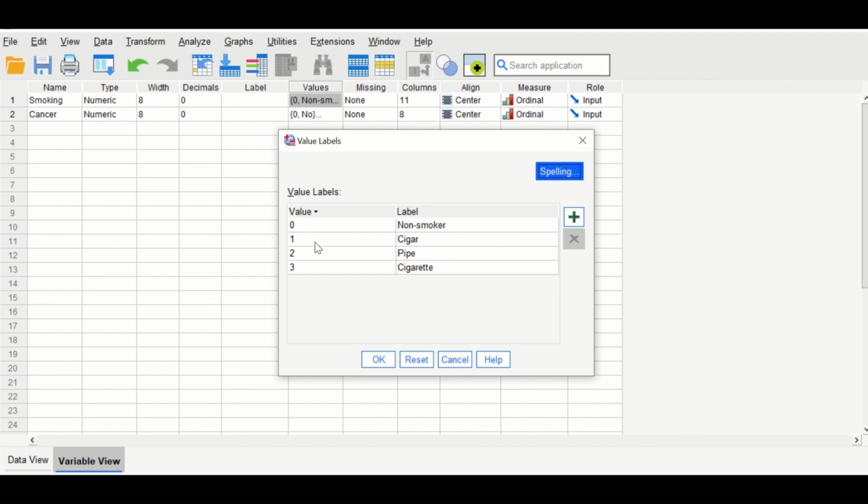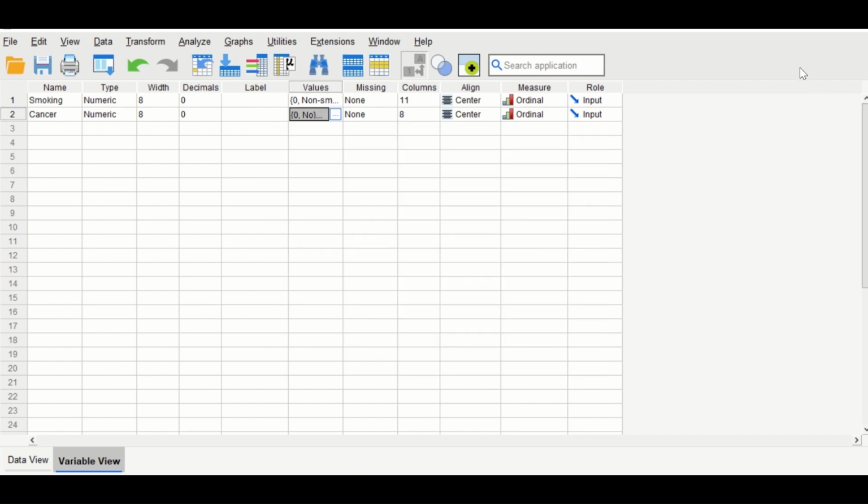This is going to be the reference category to compare to. Those who smoke cigar, given a value of 1. Those with pipes smoking, given a 2, and cigarette 3. So back again to the output for the binary